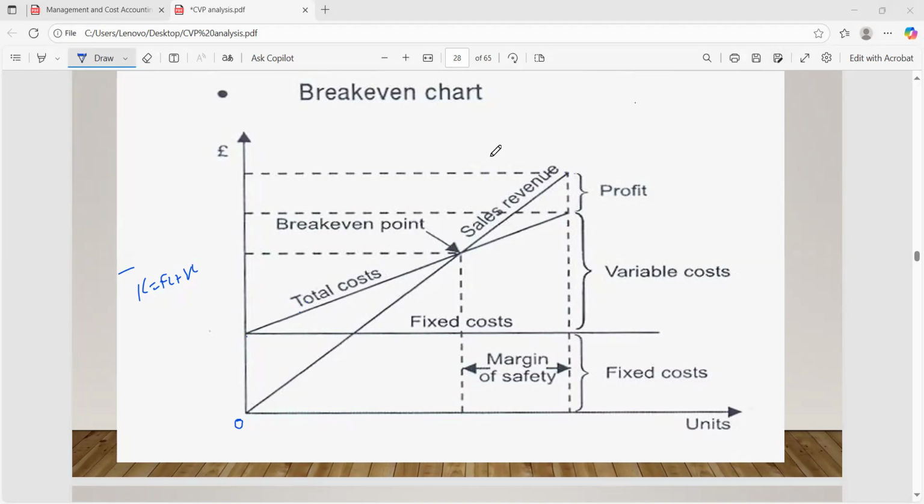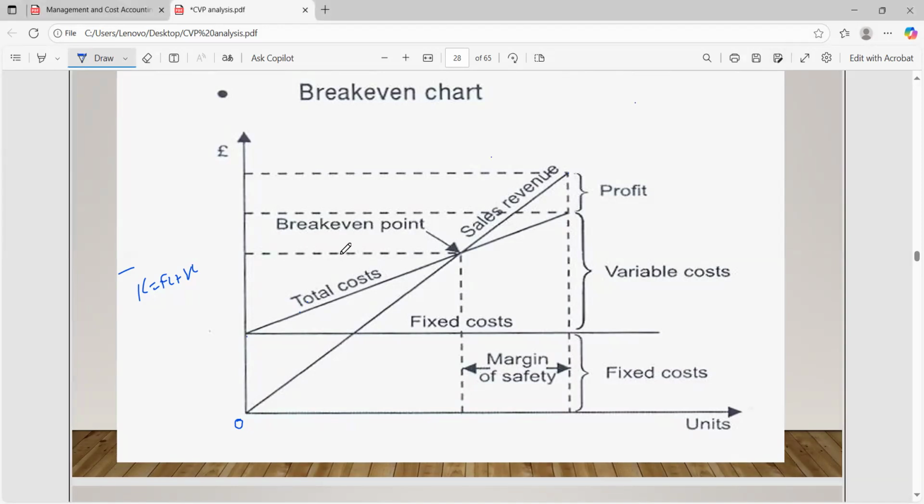All right, so where the total cost line intersects the total revenue line, it forms the break-even point. Now, the distance from the highest point of your profit to the break-even line is what we call the margin of safety before sales begin to decrease. So this portion is called the loss. Anything below the break-even point is referred to as loss,